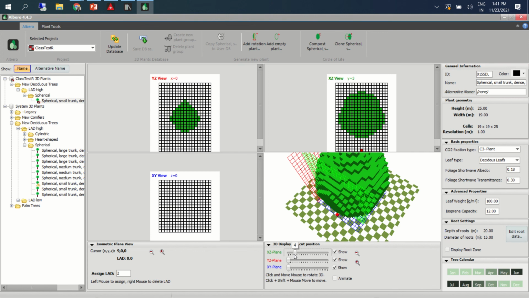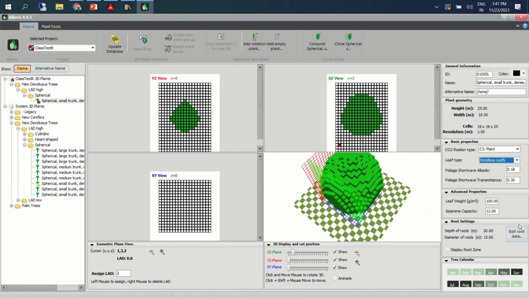For each section, the tree profile is mapped, and then it is assumed that the entire tree is generated based on this. There are other parameters you can modify: height, weight, plant type, deciduous, and other things.